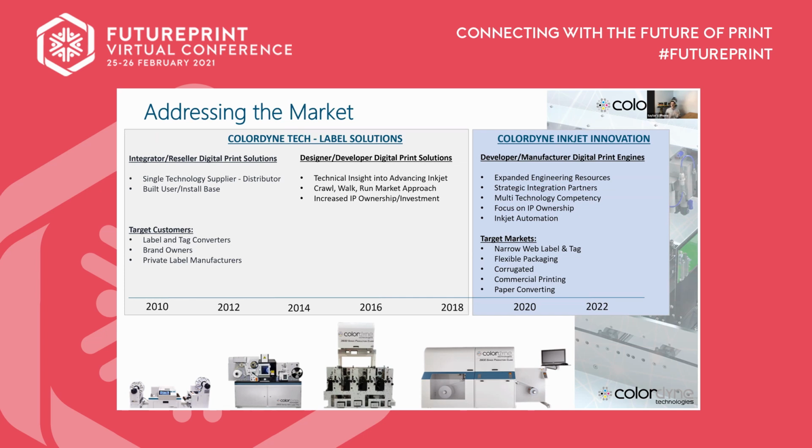That resulted in Colordyne Inkjet Innovation. Here, we're a developer and manufacturer of digital print engines. We've expanded our engineering resources. We've become multi-technology competent. We're very focused on IP ownership and expanding where we can take inkjet, and we're always focused on inkjet automation. We're doing that all through empowering strategic integration partners in new markets like flexible packaging, corrugated, commercial print, paper converting, mailing and addressing. So we're seeing lots of new applications and markets for digital that we couldn't address as Colordyne Technologies. Now we have this new division that's really working with